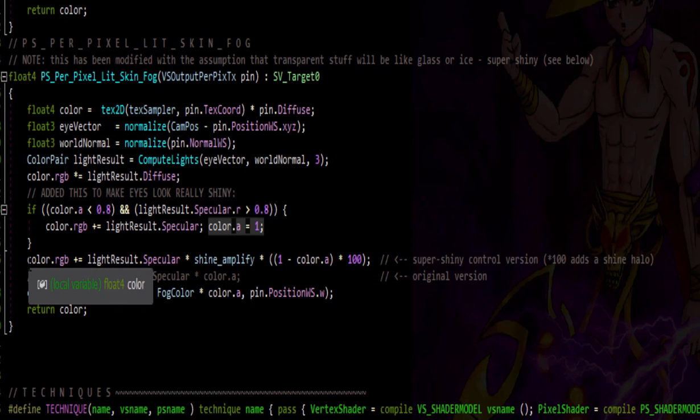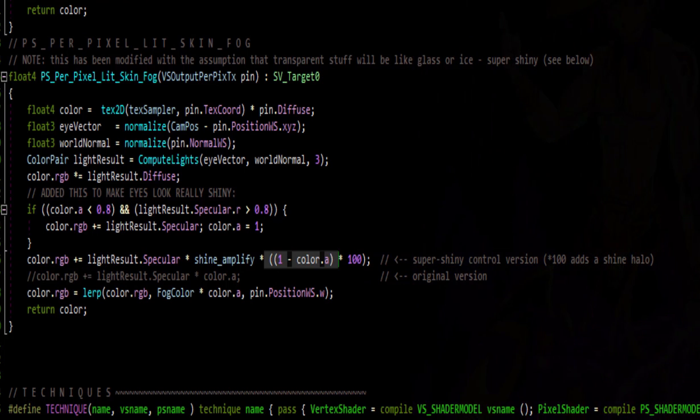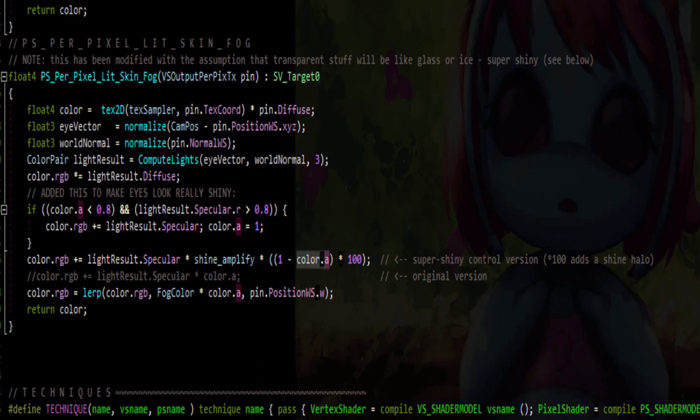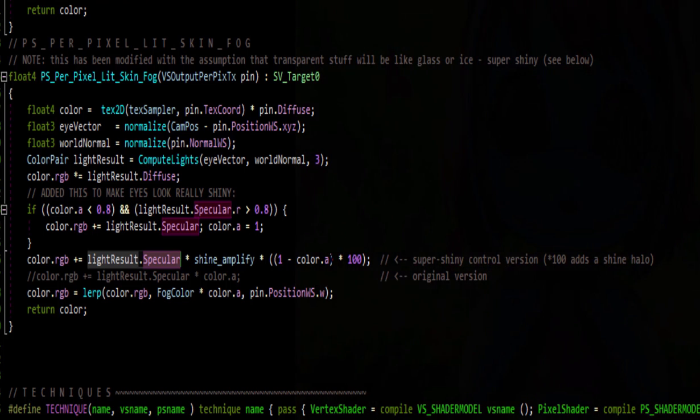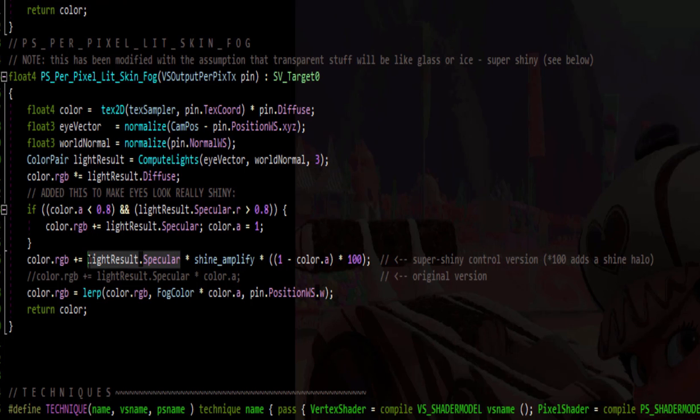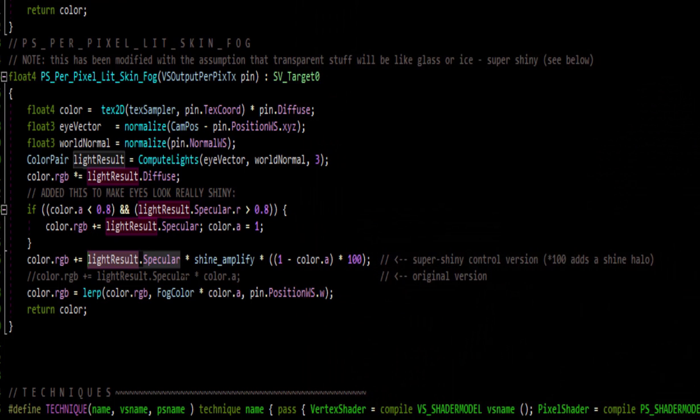And I make an adjustment over here, so it kind of has a bit of a halo. So it's not normally like this. Normally, there isn't a shine amplify even. It's just times color.a. So it'd be the color plus equals the specular amount for specular color intensity, and timesing that by color.alpha. So it gives a little bit of the see-through aspect of the material to the specular. However, what I'm doing is a little bit different here.